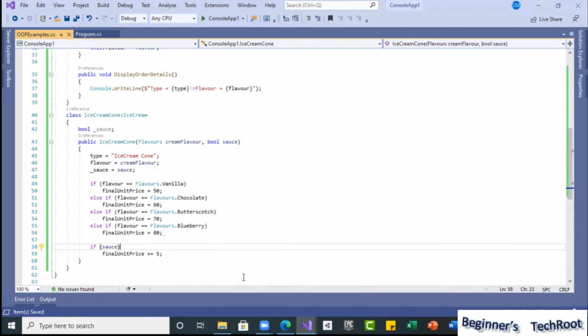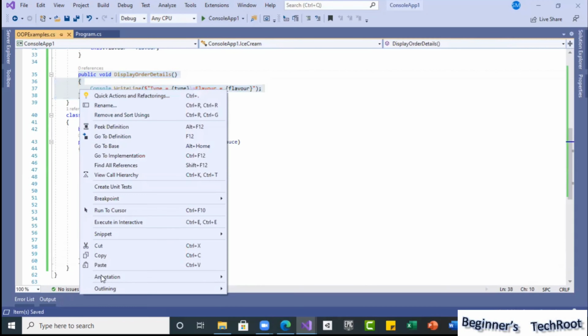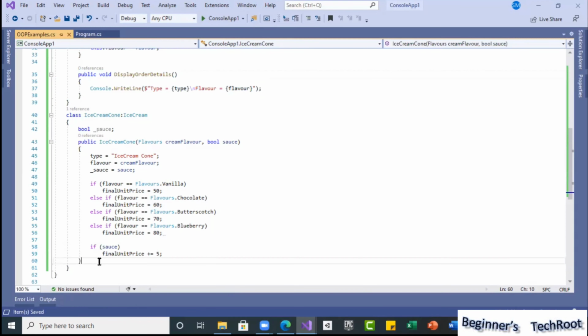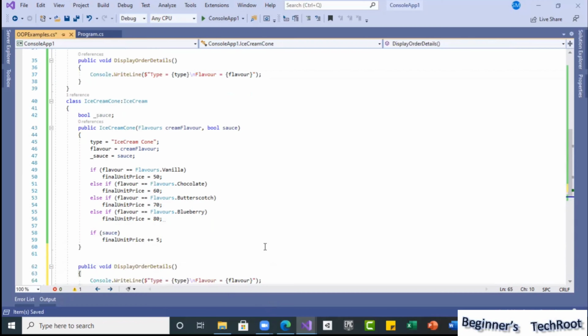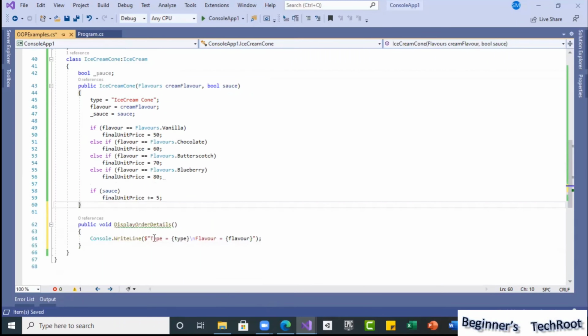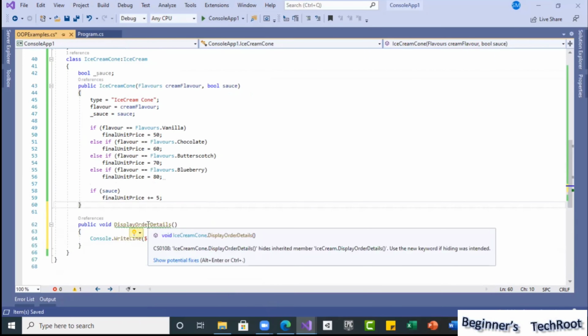Now here, the information is there. If I want to display the order details in this, how can I do it? Suppose if I want to take the same name, if we take the same name, what happens now? If you see, it says hides inherited member, use the new keyword, like that it will give.